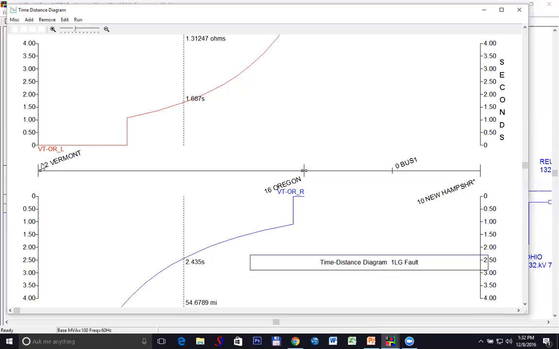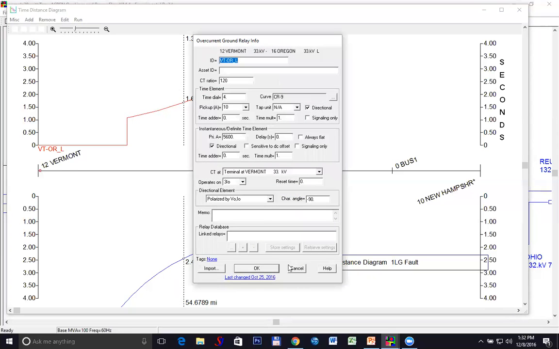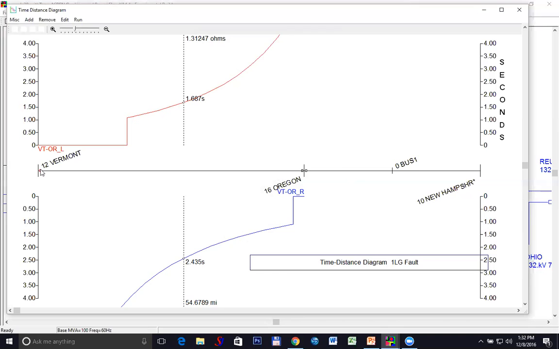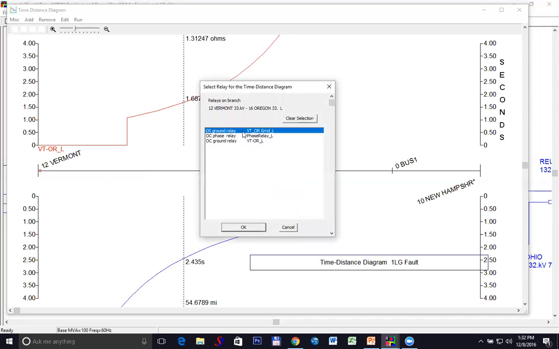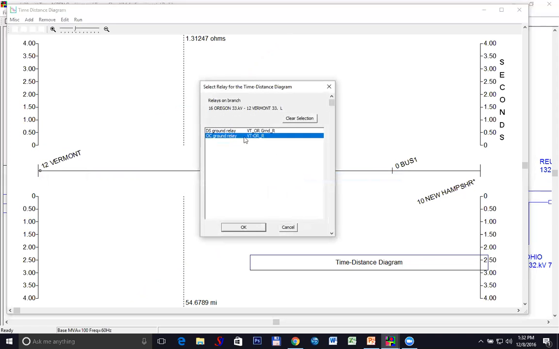So if I had chosen a distance relay instead, I'm sorry, I should have right clicked on it and told it that I want to change the relay that I want to look at. I select ground relay here, and I right click here and tell it I want to change to a ground relay.